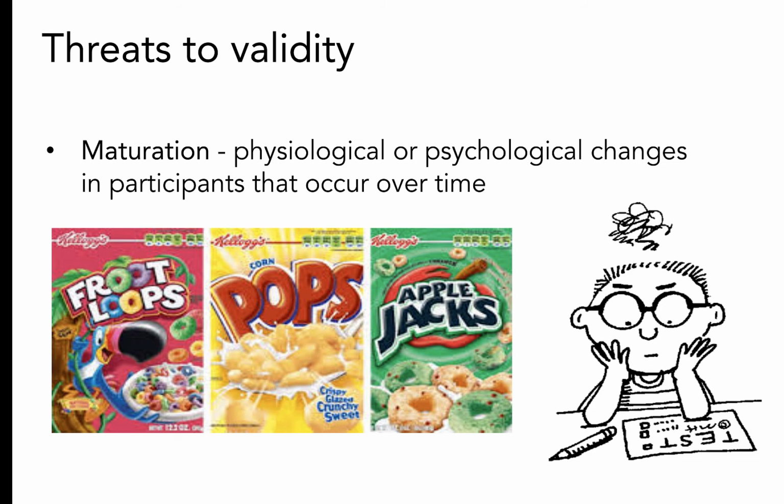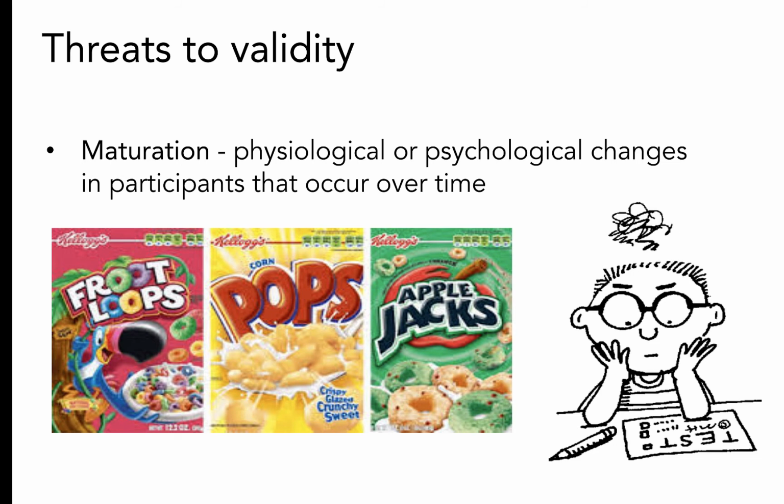So examples of maturation are changes in mood, becoming tired, becoming bored, getting hungry, growing older, and so on. So any change that naturally happens over time within a person. One particular example is, let's say, if you want to test the effect of Kellogg's breakfast on children's reading abilities,